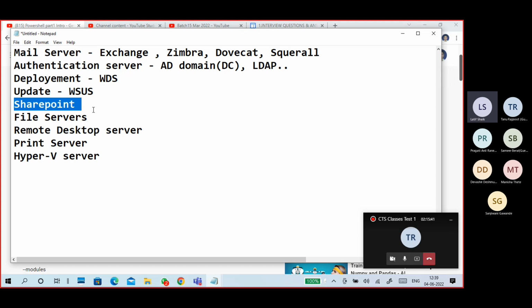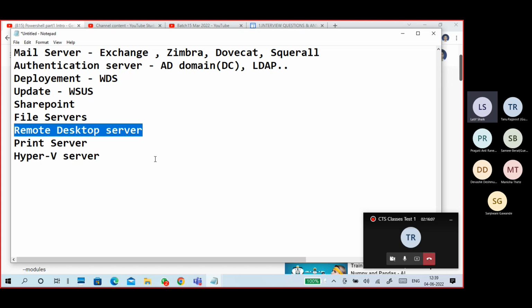With the different pages, information within my organization. So that is a SharePoint server. I want to store the data. I want to control the data in different ways. I want to access the files, things like a file server, FSRM server, data deduplication server, iSCSI servers kind of stuff. So people want to access the desktops, remote desktops.